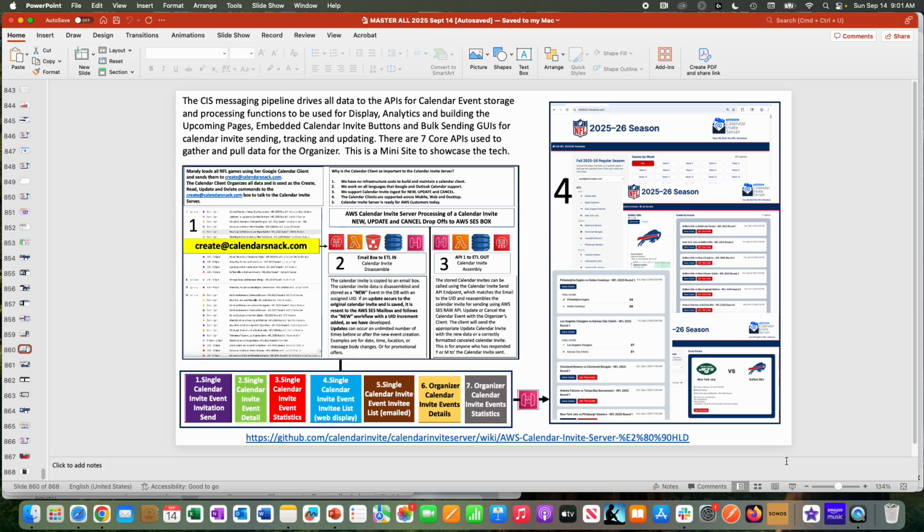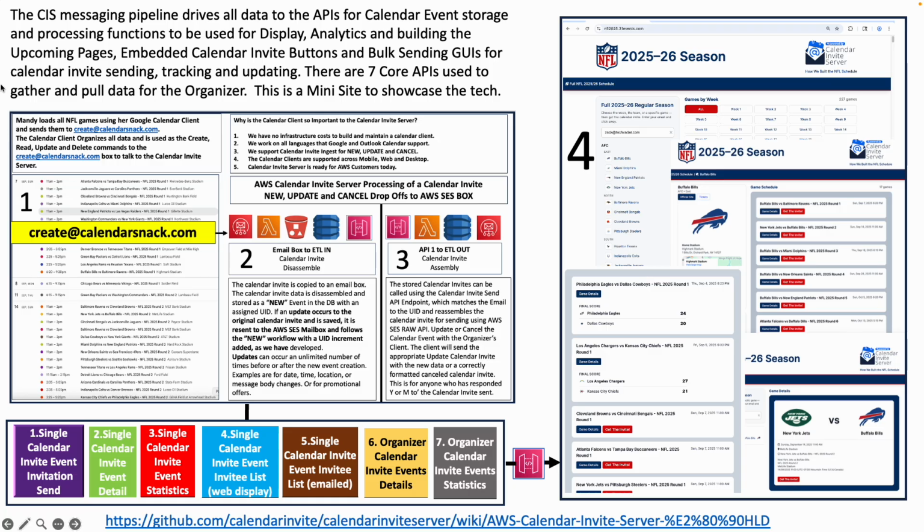And if I do a quick recap here and get out of this video, I'm showing you that the Calendar Invite server messaging pipeline drives all the data to the APIs for the calendar event storage and processing functions to be used for display analytics and building upcoming pages, embedded calendar invite buttons, and bulk sending GUIs for calendar invite sending, tracking, and updating, which I just showed you. There are core 7 APIs to basically gather and pull the data for the organizer, which was Mandy. And then I showed you this mini site we built, which is the NFL site that Mandy, the organizer, was